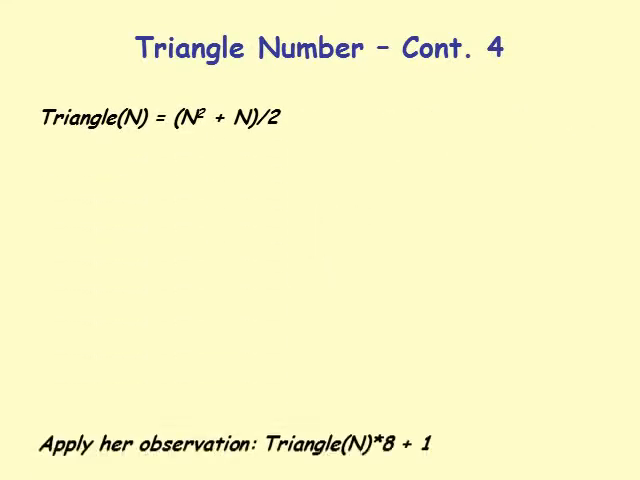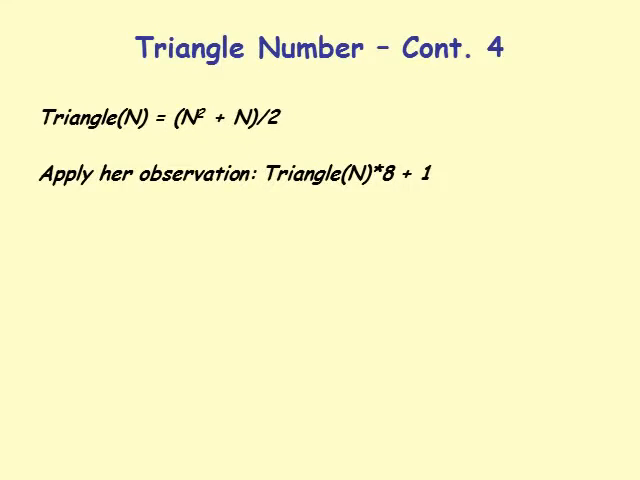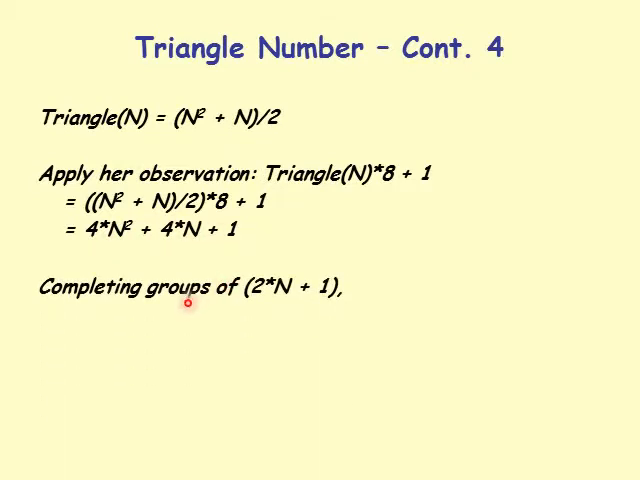The observation, and apply her observation that triangle number times 8 plus 1, which is equal to half of n squared plus n times 8 plus 1, which is equal to 4n squared plus 4n plus 1. Okay? And if you try to get groups of 2n plus 1,